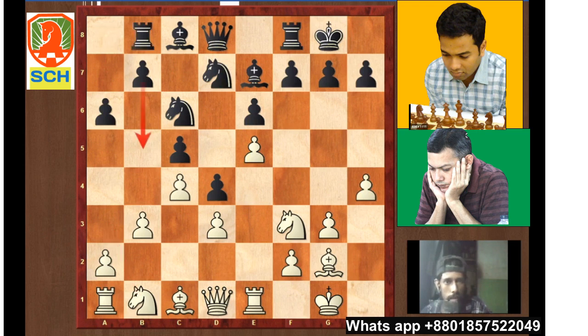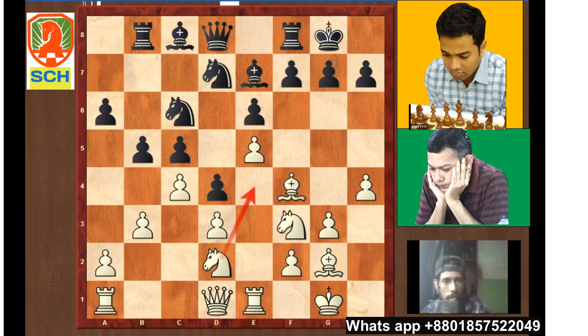So rook b8, black tries to open the b file with pawn, after pawn playing b4, b5, and capture on c4. So let's see how white can go on. I played bishop to f4. Here is the b5 and knight b to d2,